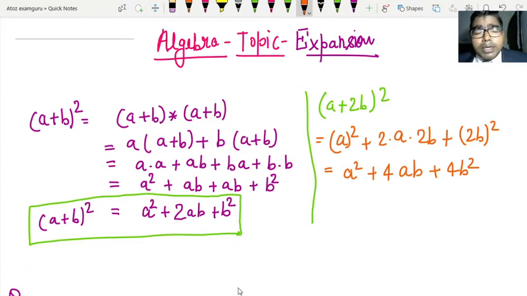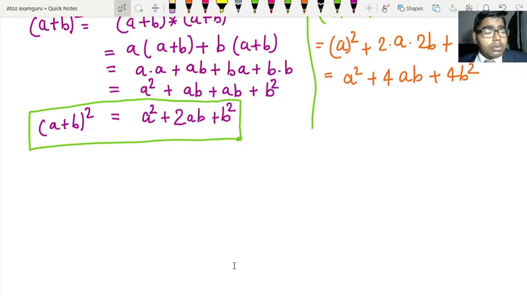So students, I hope that this formula (a plus b) whole square is clear to you, right friends? Now let's come to the next question. Simply suppose that two numbers are given to you. If it is written as (5 plus 2) whole square, then you can directly write it as what? 5 plus 2 is 7, and 7 square